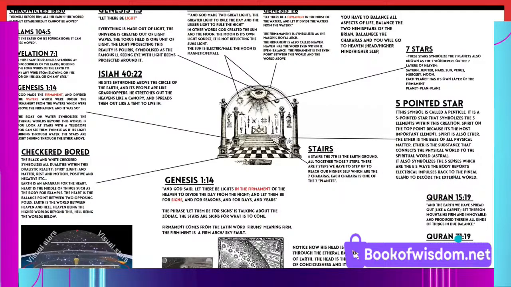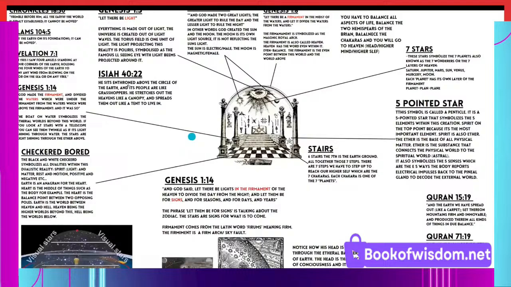Even in the Quran, it says Allah has made the earth for you as a carpet, flat. Quran 15:19: "And the earth We have spread out like a carpet, set thereon mountains, firm and immovable." It is immovable. The Quran also says, in 65:12, it is Allah who has created the seven heavens, meaning the seven layers of heaven, the seven planets. And Psalms 104:5: "He set the earth on its foundations, and it can never be moved." Never.